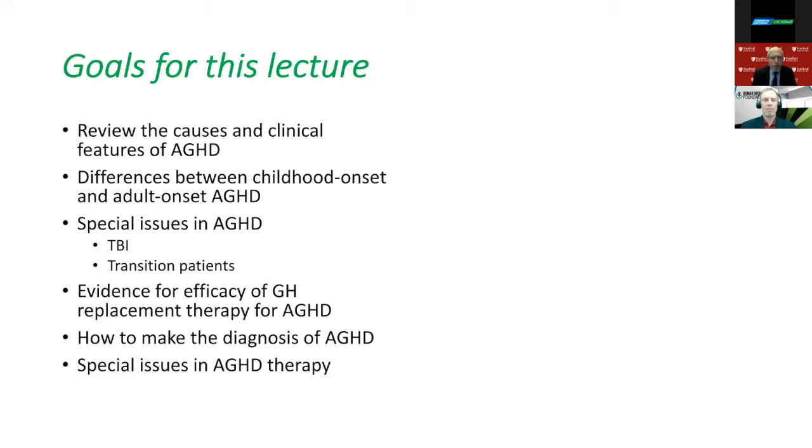growth hormone deficiency. I'd like to tell you a little bit about the differences between childhood onset and adult onset growth hormone deficiency. And we'll talk about some special issues, including traumatic brain injury and transition patients, those who are transitioning from pediatric to adult care. I'll review the evidence for the efficacy of growth hormone replacement therapy and discuss the current ways that we make the diagnosis. And then finally, I'll get into some special issues concerning the clinical use of growth hormone for adult